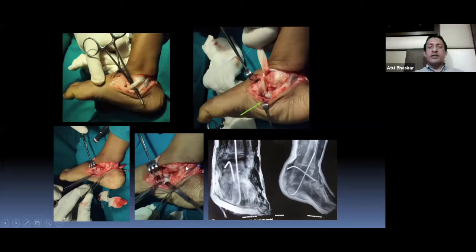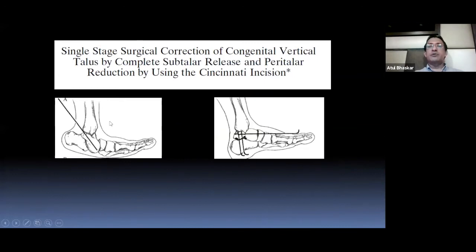So one can do a release from the back, where this incision goes right up to the base of the cuboid. So you can do even a lateral release from this side. And this has been described using the Cincinnati technique. So this is how you always approach it from the back after you make a posterior incision. Elevate the talus from the back, joystick it, and then pass an antegrade wire. And always put a wire from the calcaneum as well, so that you can maintain the talonavicular correction as well.